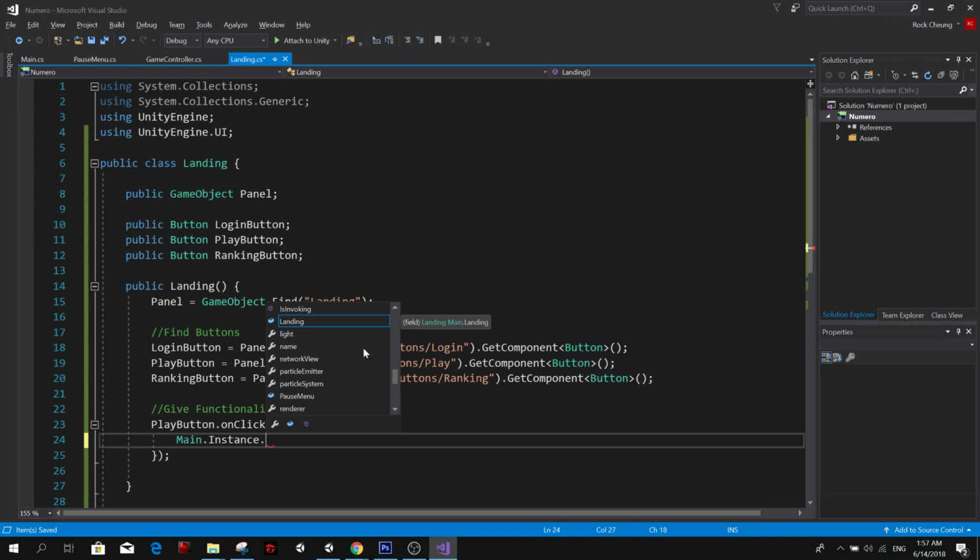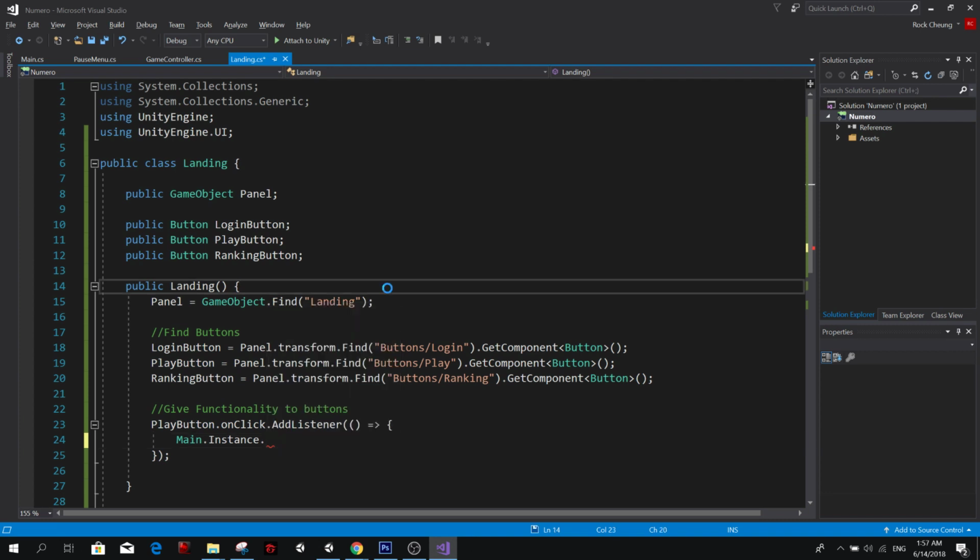I'm thinking how we do it. Do we have a function called play on the main panel, or do we have separate functions in the main class and we call them accordingly based on what landing thinks is appropriate? There are different approaches we can take. I couldn't say which one is better or which one is wrong. Just try to do what feels better, or what feels more suitable to your project.